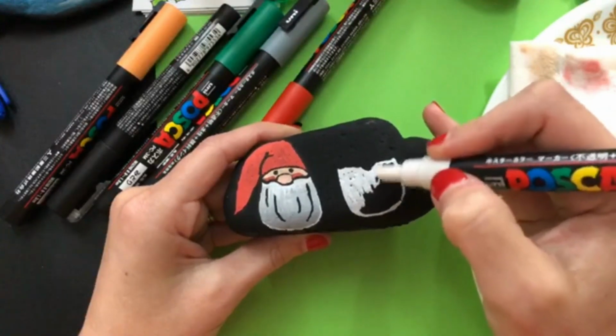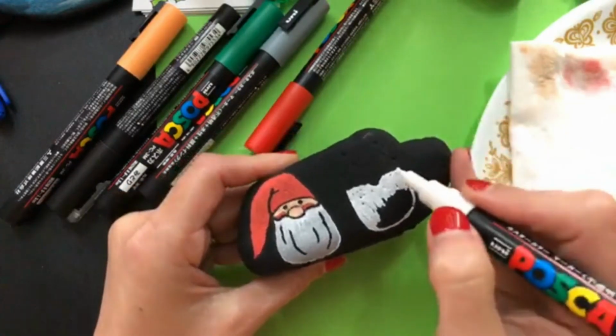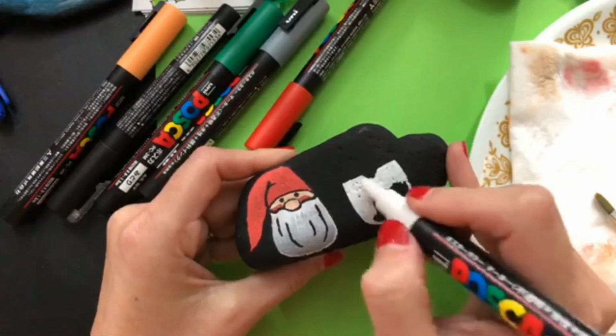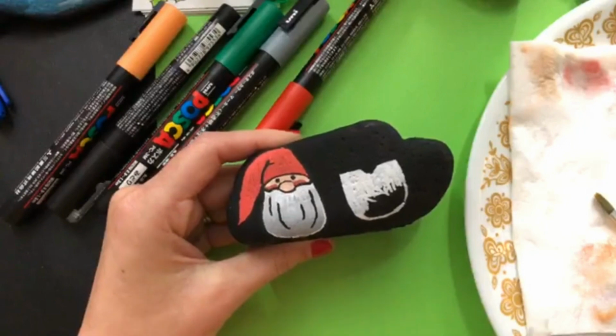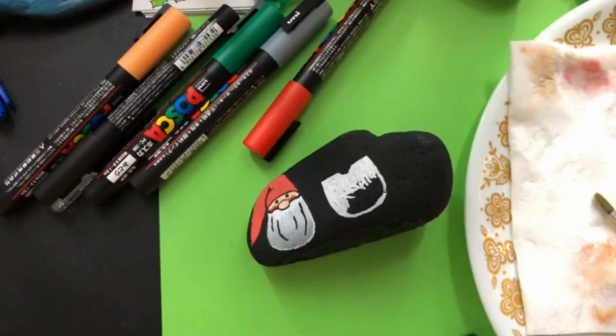So today I am using just my fine tip, not the extra fine, just the regular fine tip Posca pens. And we're going to do a little bit of blending with them and just make a fun little friend for this guy here. And really quick, while that's getting a little bit dry, I'm going to go ahead and get